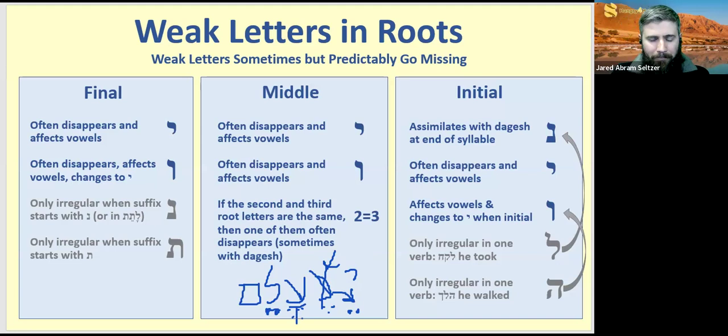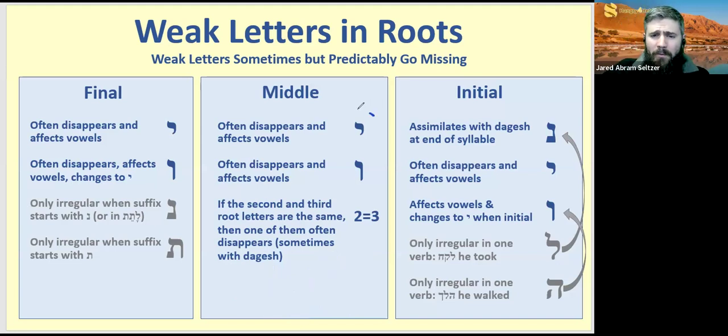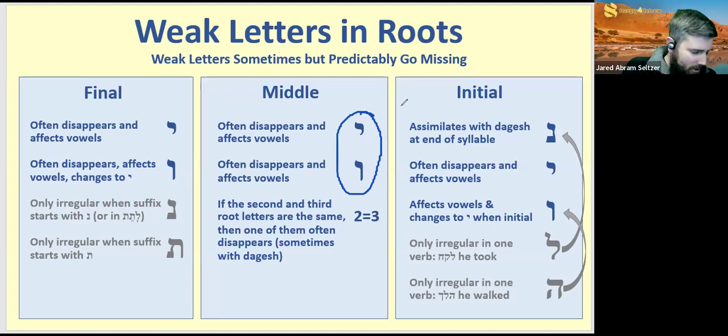yiktol prefix. All right. I already gave you guys a preview about what happens when yod and vav show up in the middle of the root. You get those triphthongs, those diphthongs and triphthongs that naturally want to simplify down. In case you guys haven't picked up on it yet, languages generally tend to devolve. In my estimation, languages were very, very complex long ago, and people have made it simpler and simpler and simpler, and today we have English,